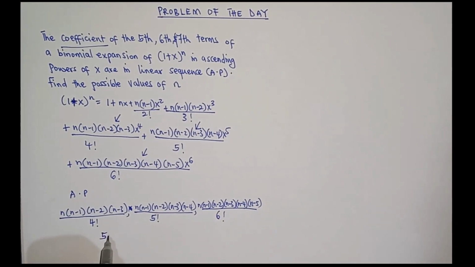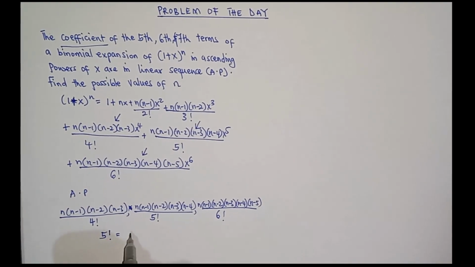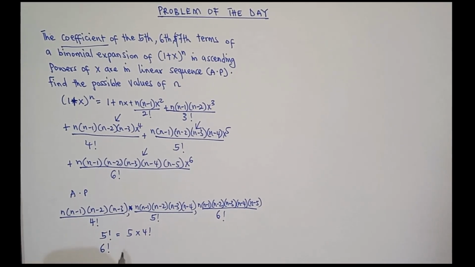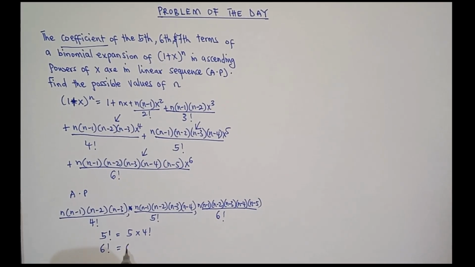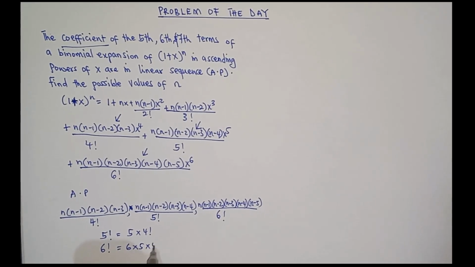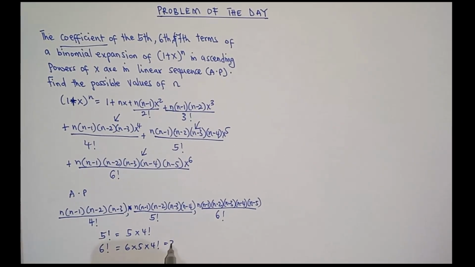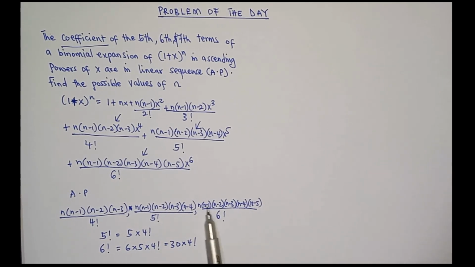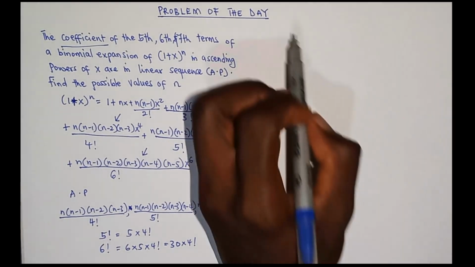What is 5 factorial? It is equal to 5 times 4 factorial. And what is 6 factorial? It is equal to 6 times 5 times 4 factorial, which is the same as 30 times 4 factorial. So you see that there is 4 factorial in this term, and also in this term. So we can factorize n(n − 1)(n − 2)(n − 3) divided by 4! out of the series. So the series becomes